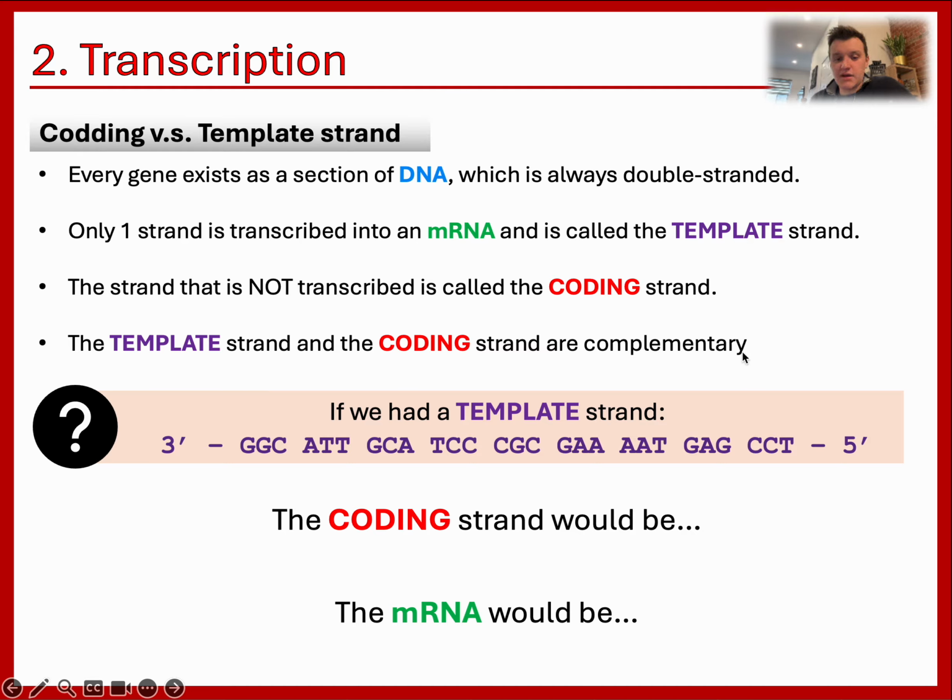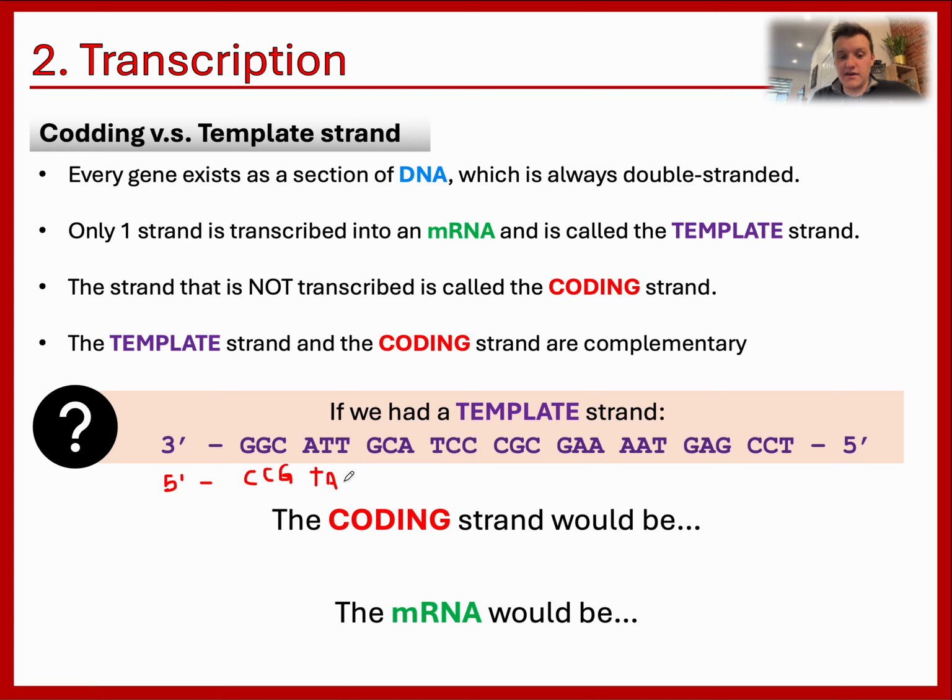So let's say that this was our template strand that I gave you, right? I told you that this is the template. To find the coding strand, all that you would need to do is really go and match base pair it together, right? So here I would say that if this was a coding strand, remember the coding strand is only the other DNA piece, right? So if this was my DNA, I'd have my 5', I'd have CCG,